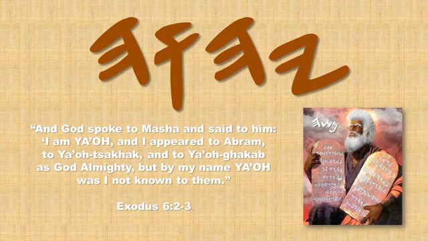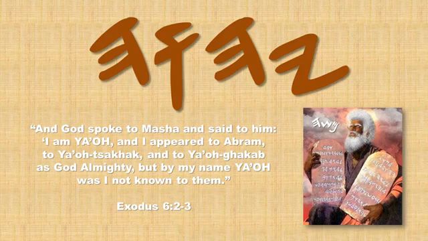Exodus 6:2 and 3. If you read the book of Genesis, you will find that the patriarchs know what God's personal name is, and they call him by his name. But what we should not find, according to Exodus 6:2 and 3, is God making himself known to them by his name, or rather introducing himself to them by his personal name. Exodus 6:2 and 3 does not contradict Genesis 13 and 4. The patriarchs knew God's name, but God never uttered his name to them, and they did not hear him say his name. When God spoke to Moshe, it was the first time since Adam that God declared his personal name out loud to any human being.